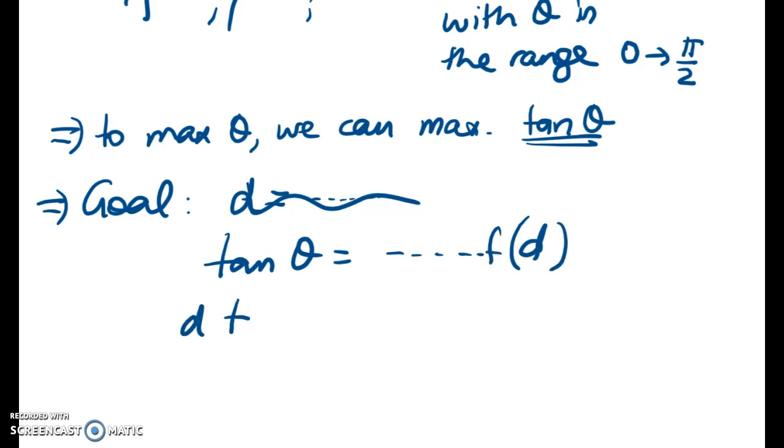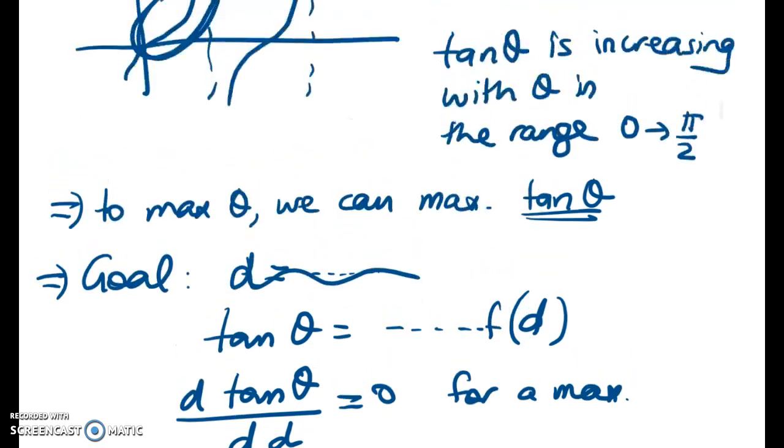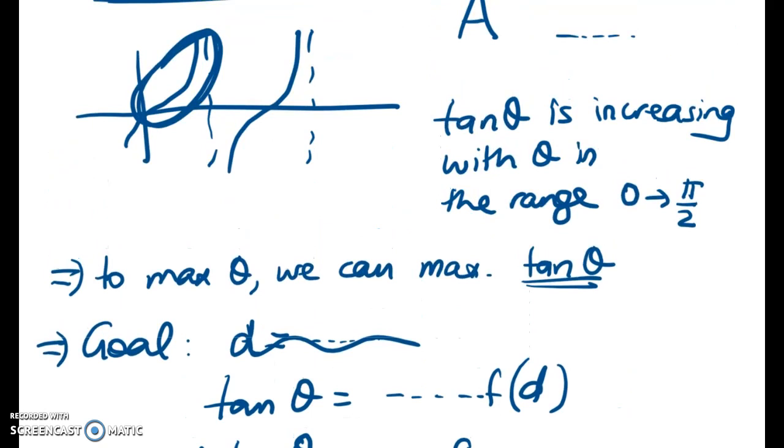And we're going to differentiate not theta, but tan theta with respect to d. And we're going to set that equal to 0 for a maximum. Okay, so you can see that I'm already at 5 minutes and we haven't really even started the problem. But this is the trickiest part of the problem. If you can think about this idea that you don't have to maximize an expression for theta directly, then you're